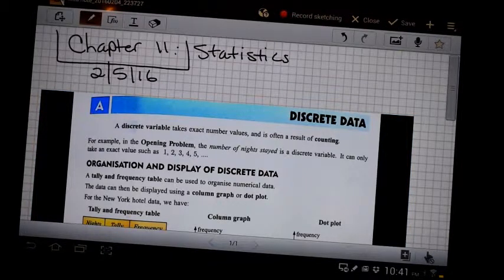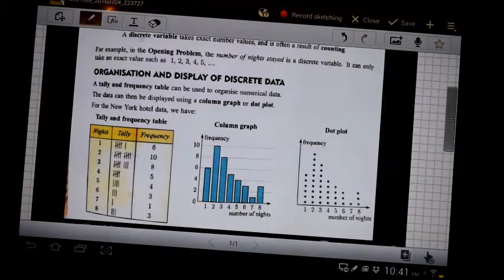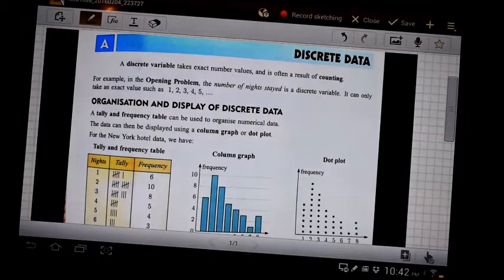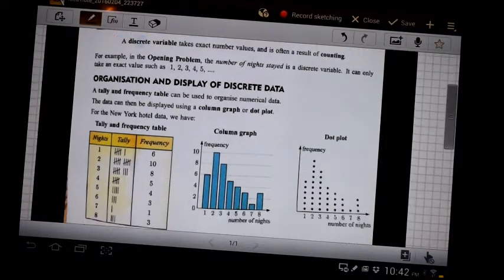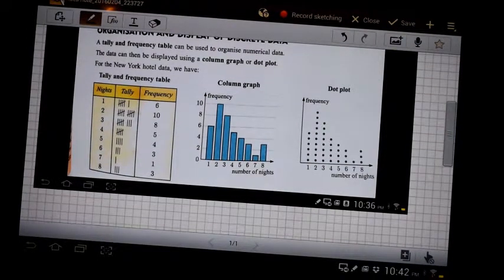So it deals with just the different types of ways we can organize discrete data. These are three of the different ways; there are other ways to display discrete data. We can use a tally table like this right here, where, for example,